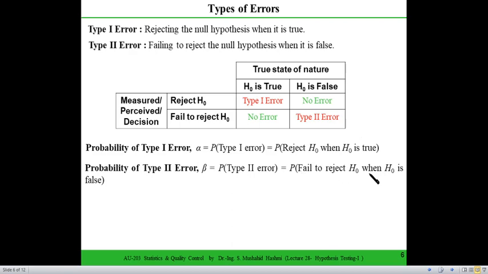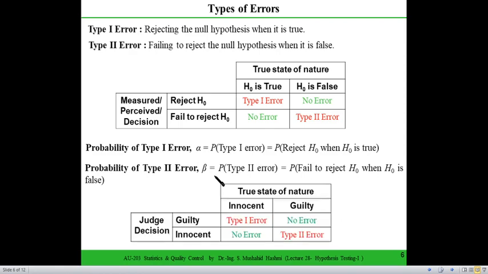H naught means your null hypothesis. So the probability of failing to reject H naught when H naught is false, the probability of making a type 2 error, is represented by the letter beta. So this is exactly the same thing in this